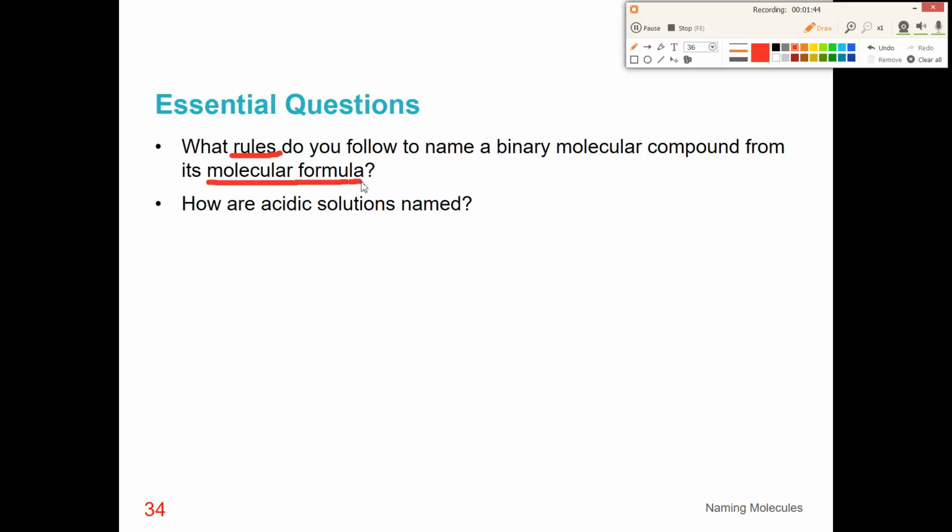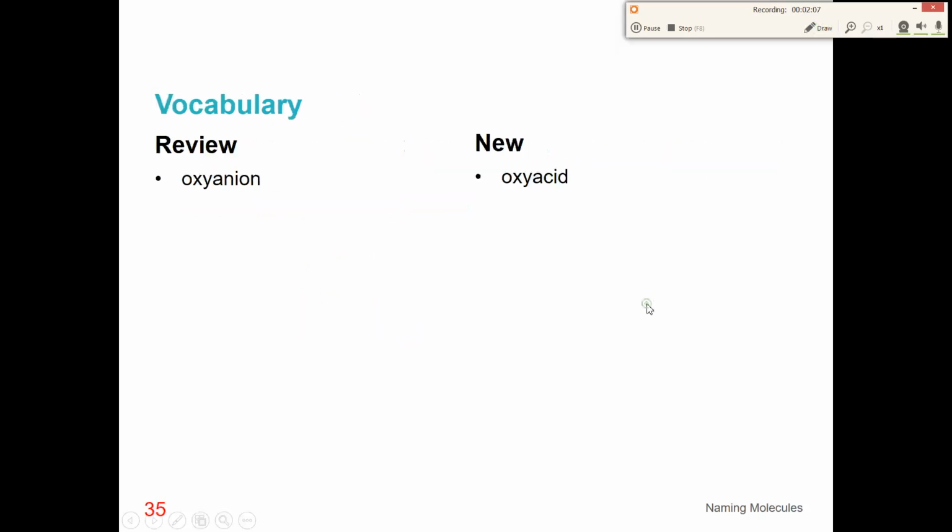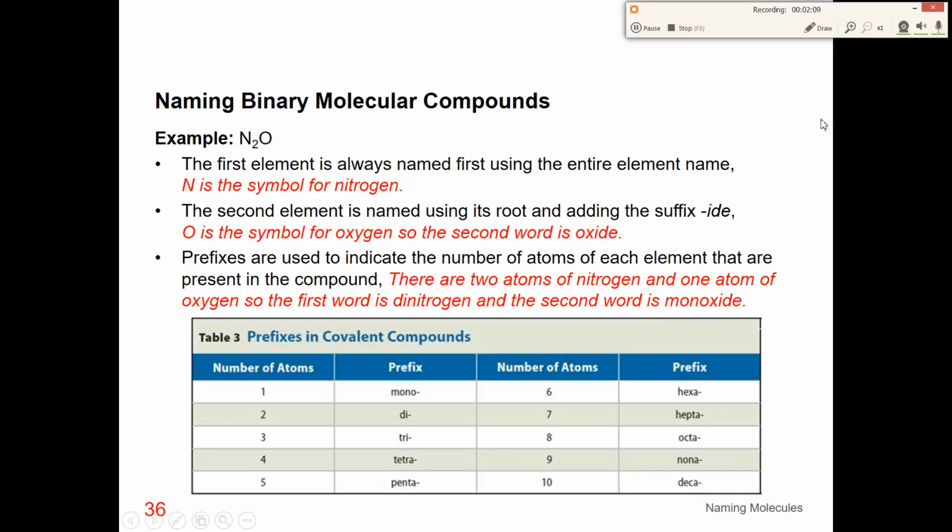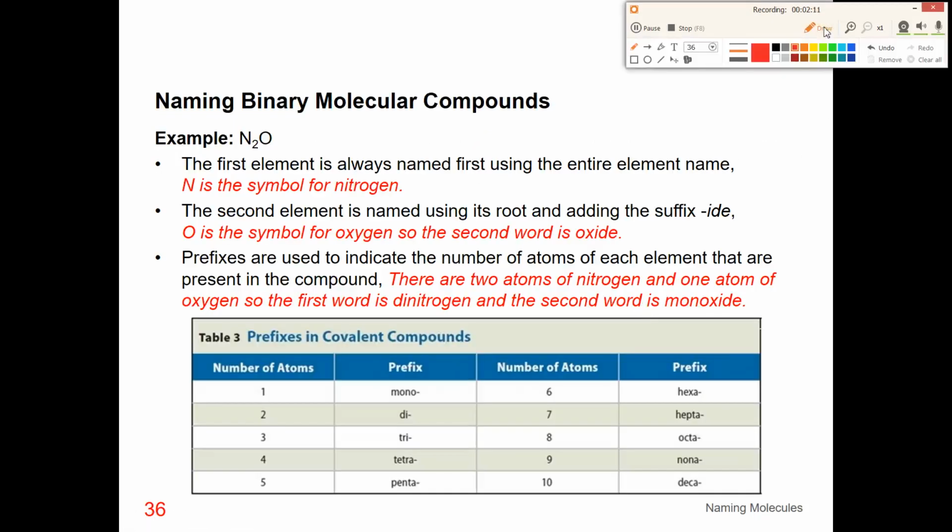So if we have a formula, how to name a binary covalent compound, and how to name acids like hydrochloric acid and nitric acid, something like that. Right, so first we talk about how to name a binary